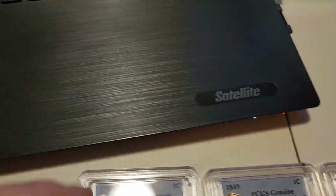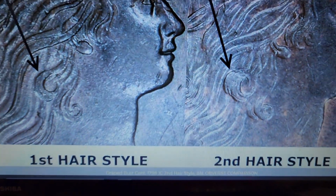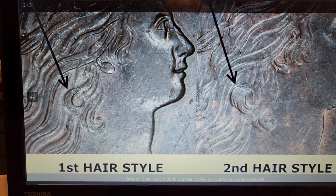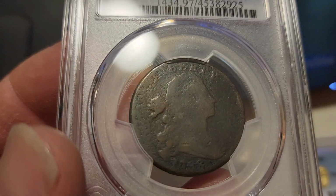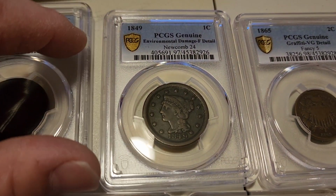So what does that mean? Well, come over to PCGS, and what that's referring to is the difference in this curl right here. So there's just enough left of this coin that PCGS determined it was the second hairstyle. So that's the first coin. The second one is